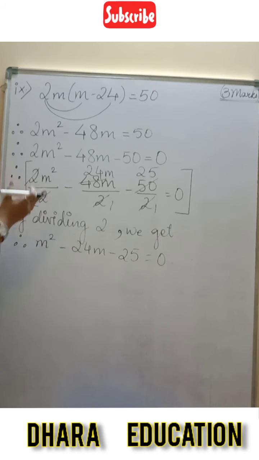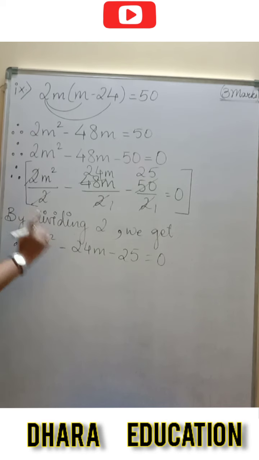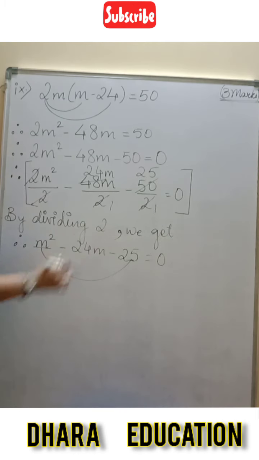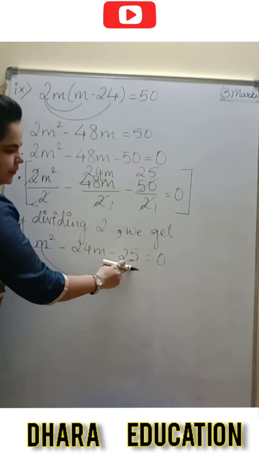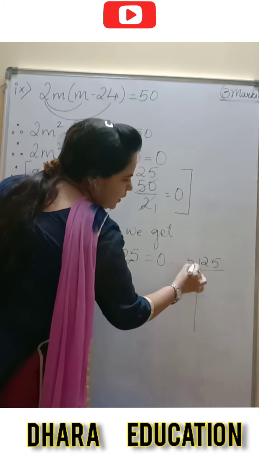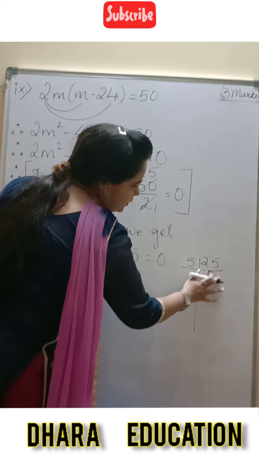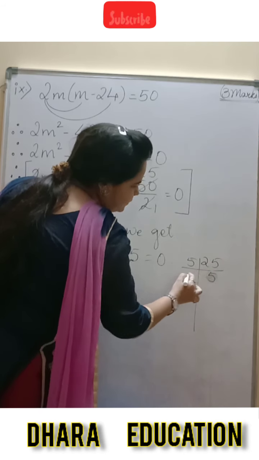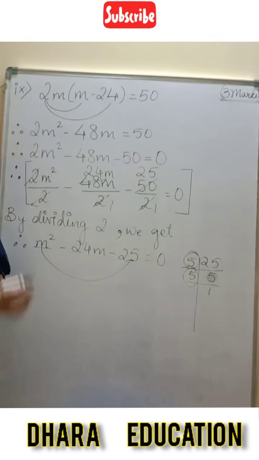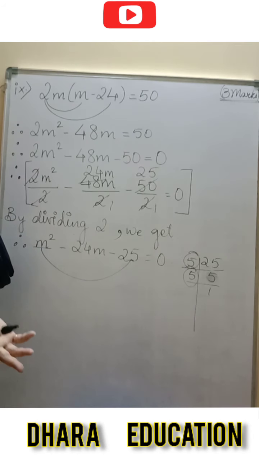Okay. So for this, what we need to do? The same tricks and the same techniques. So now the very first step is to multiply the first term and the third term. So 1 multiplied by 25 gives you 25. But if we take the factorization of 25, 5 5s are 25 and 5 1s are 5. But it is not going to fulfil the middle term, that is 24m.